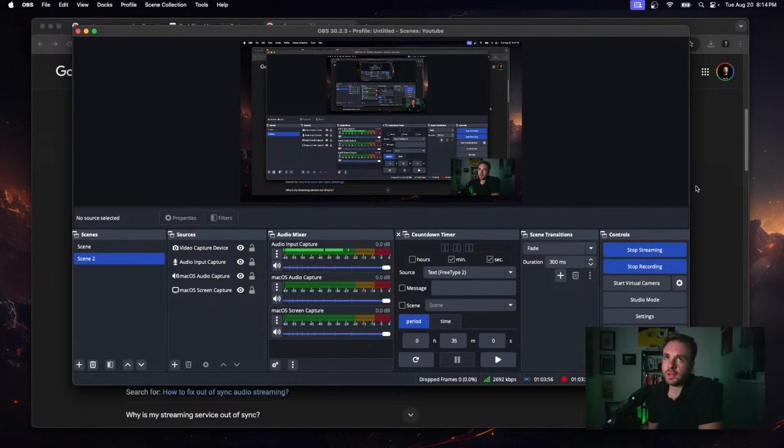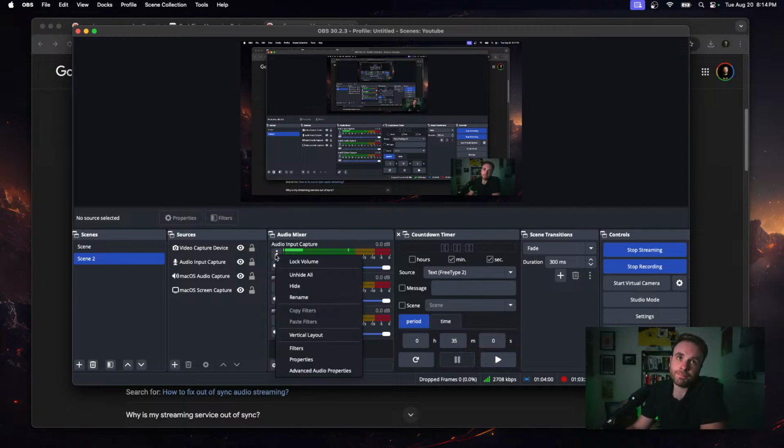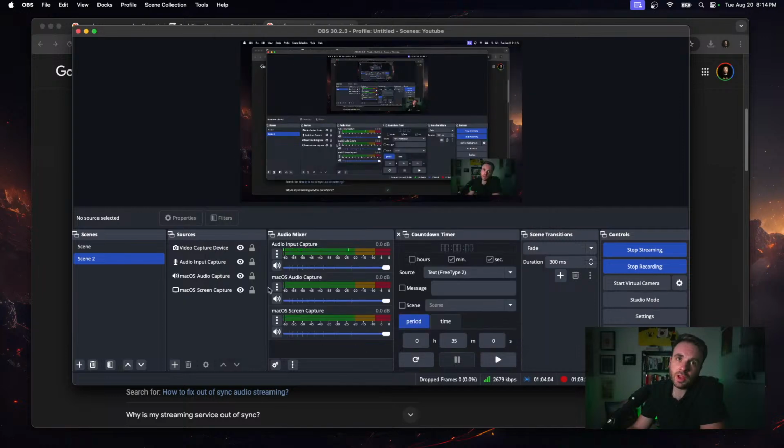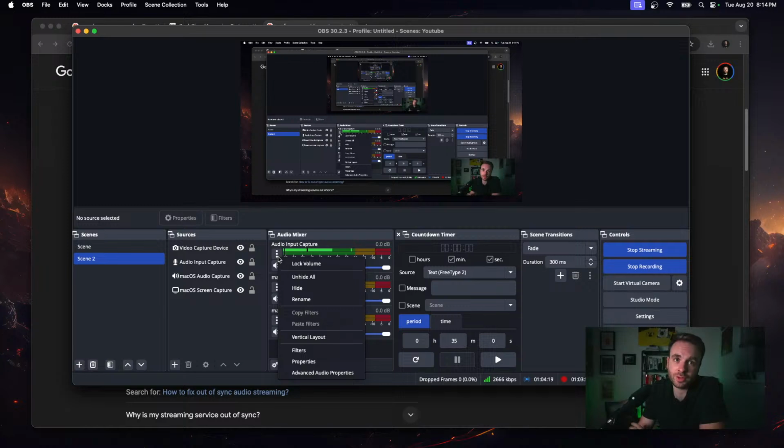So one way to combat that, in these certain instances, is done at front of house from your audio console, where they delay the audio signal to match the video signal. Or you could even do it, like if you're doing it from OBS,